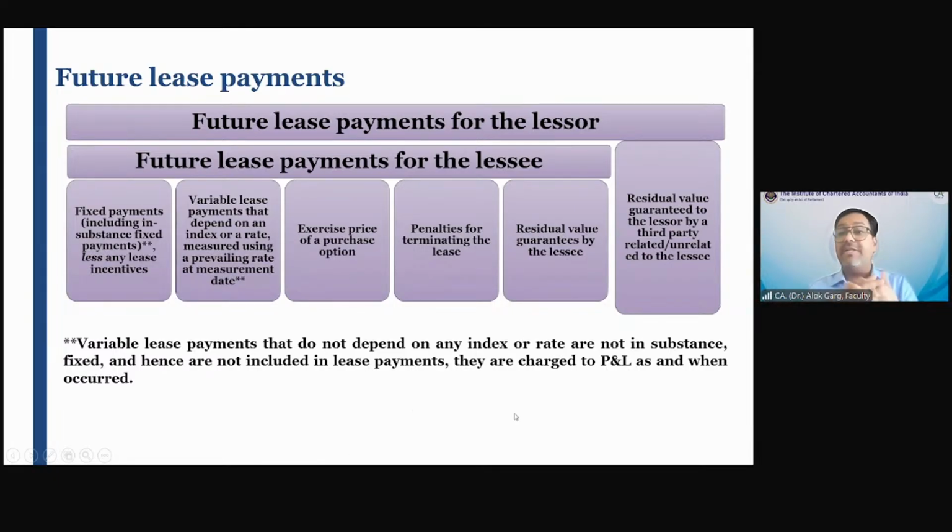Yes. So friends, since morning, we discussed that lessee accounting has substantially changed in terms of Ind AS 116. The lessee has to create right of use asset and credit lease liability. We discussed there is no classification of operating lease and finance lease from the lessee perspective. We discussed